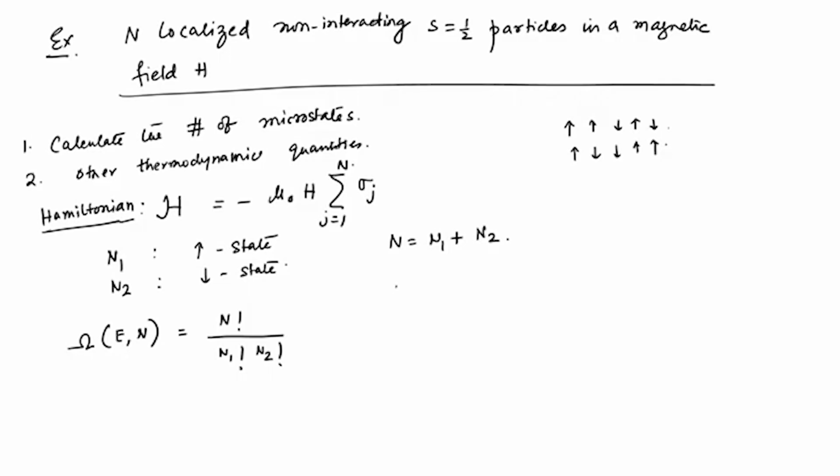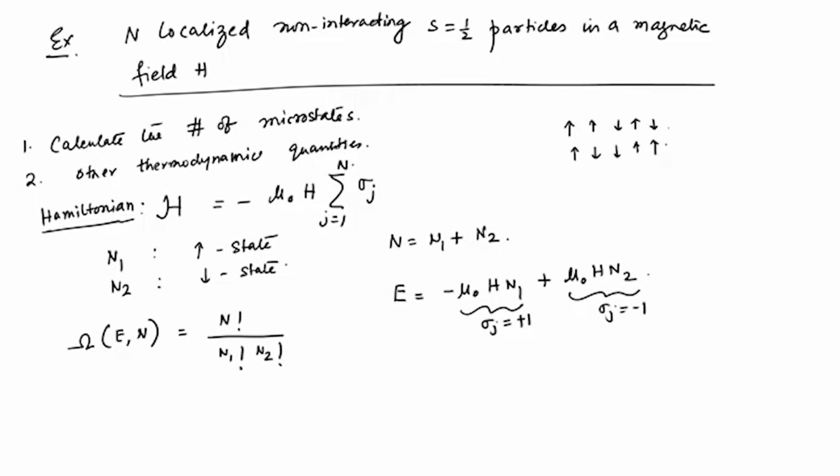And it is easy to calculate the energy, because the total energy is given by minus mu 0 H N1, which corresponds to the spins that are pointing up, but this will also have to be added to the one that is pointing in the downward direction, and they have a mutual sign change in between, because the sigma j will take plus value here. So, sigma j will be plus 1,